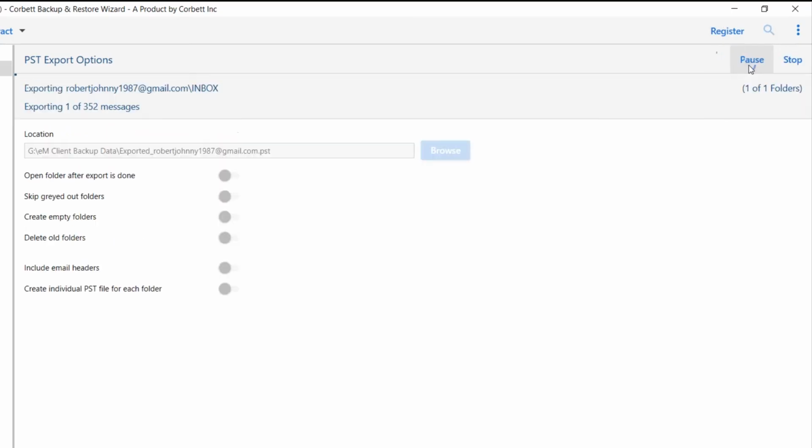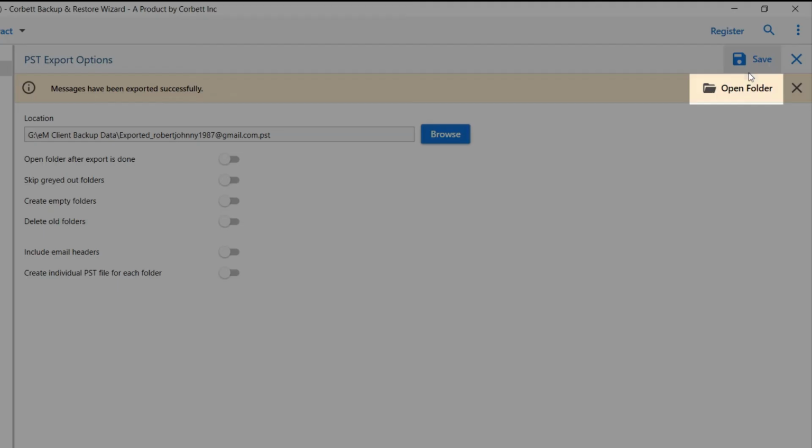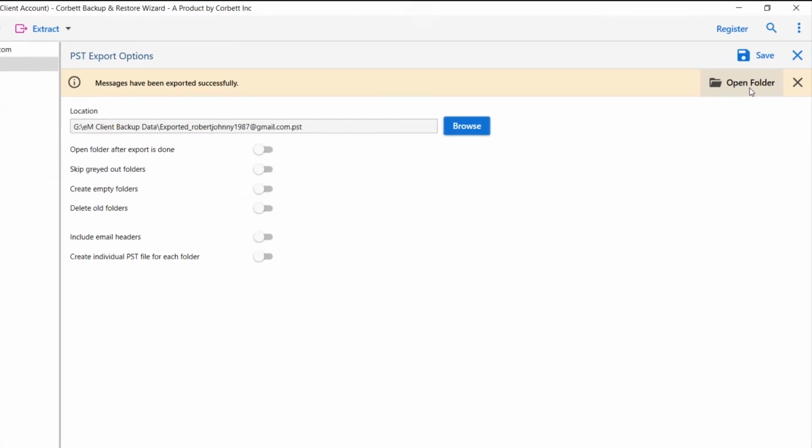Finally, go to the Save button and see the live process of eM Client account emails conversion in PST file format. After the export is done, click on the Open Folder option to view the